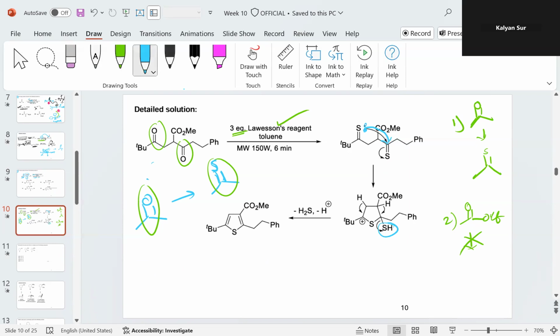And if you look at the ring formation, one, two, three, four, and the sulfur is the five. This five-membered ring formation takes place. One of the bonds, obviously, this is the driving force. The cation is formed at this position because this bond will now be